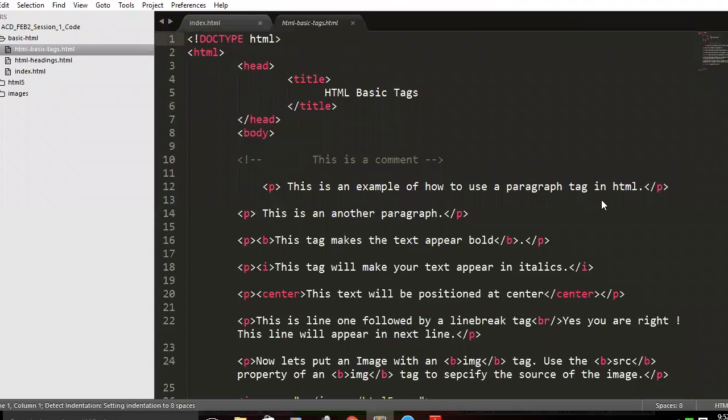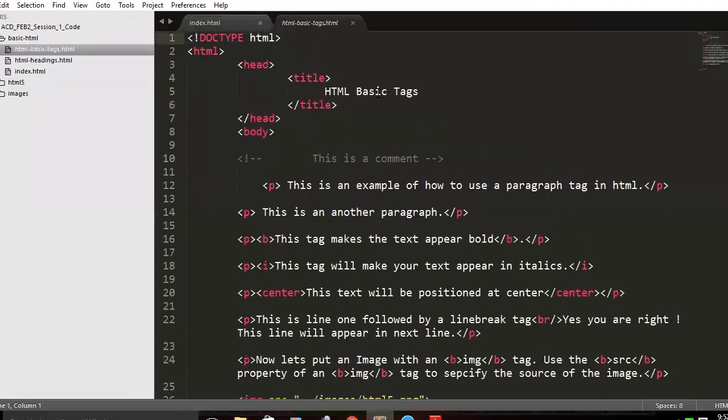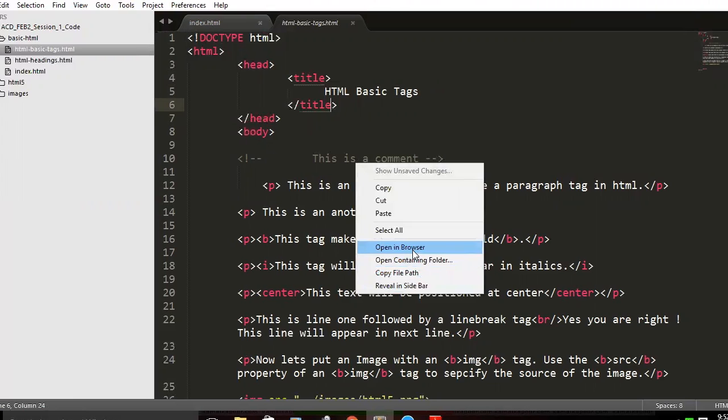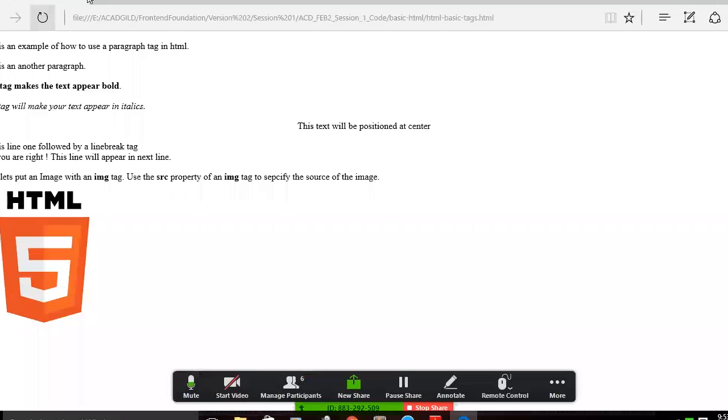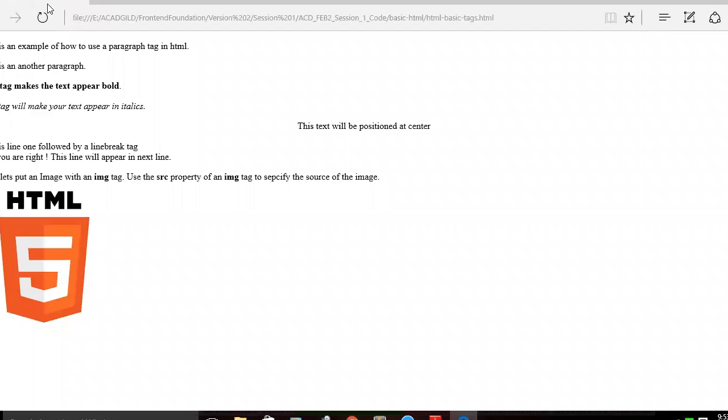You see, again, the same structure. Inside the head, I am having a title. So where does that title go? I'll show you that. This title goes here. Whatever title you put becomes the header of your browser tab. Okay. So if you see, I'm having HTML basic tags as the title. The title goes here, and whatever the body is goes into your browser